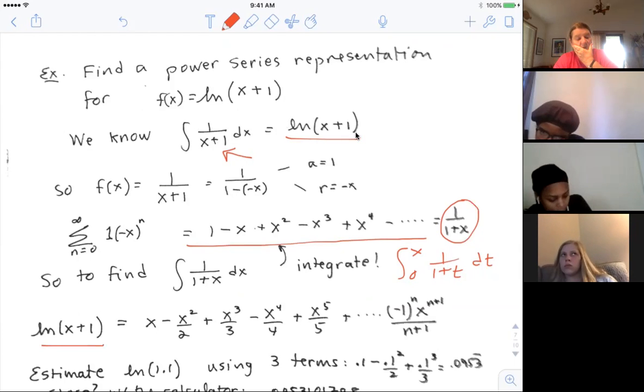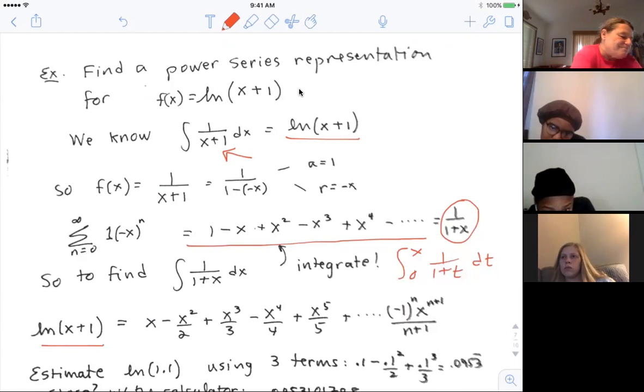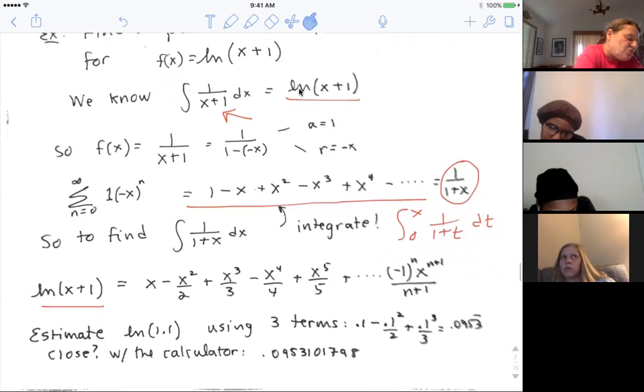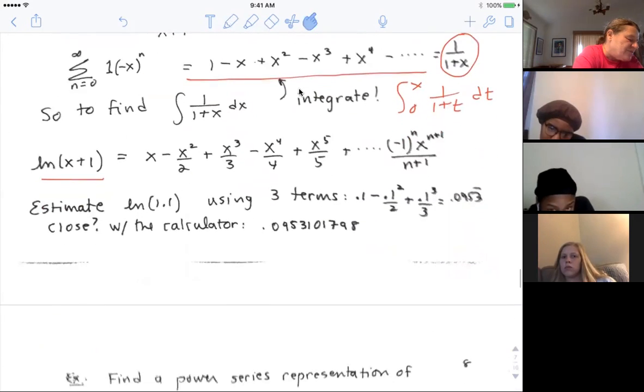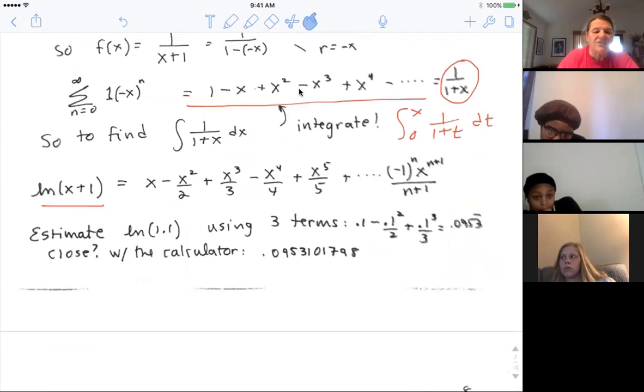Okay. Question about that, anybody? I'm picking and choosing ones that work pretty nicely, but I'll let you practice it later. So suppose now I wanted to estimate the log of 1.1. Now I did it on the calculator, and I got 0.09531011798. If I use 3 terms of this thing right here,